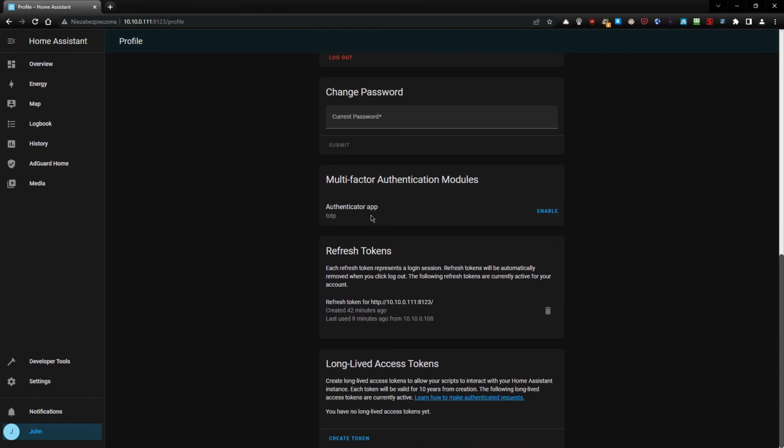You can change the multi-factor authentication. I really recommend enabling it and using something like Authy or Google Authenticator or Microsoft Authenticator to enable two-factor authentication. This is very, very crucial, because